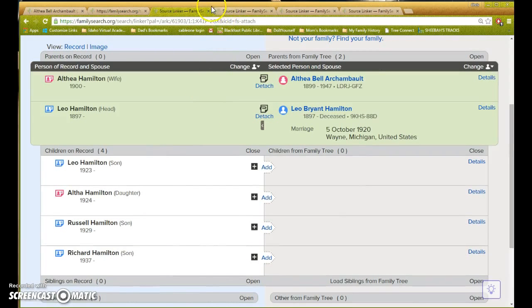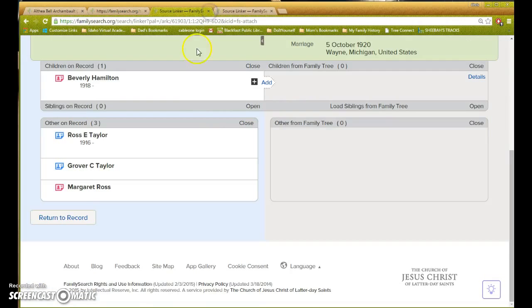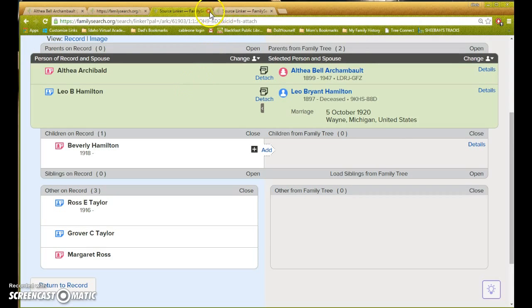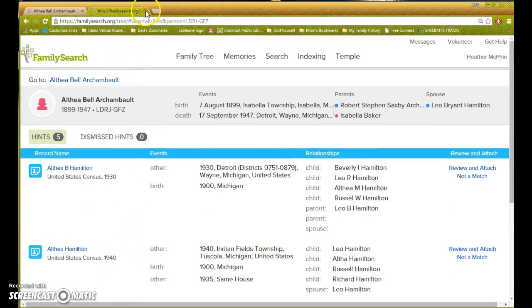This one I've loaded everything I want, so I'm going to click X. Everything's loaded on this page. I can close it. I'm ready to close this one, and ready to close this one. Now, since I know I've attached all of these record hints, I'm going to go ahead and close this tab